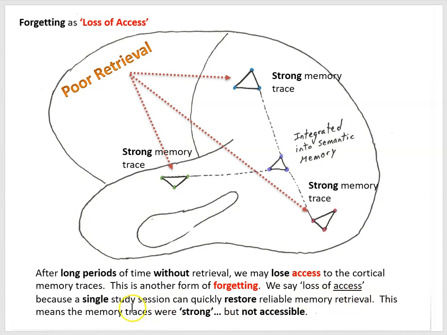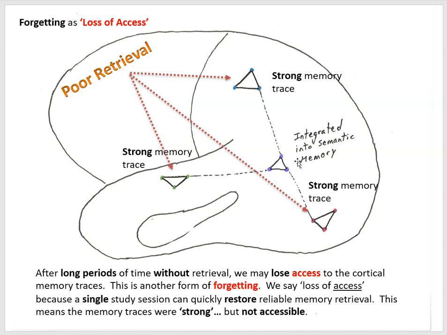And this means the memory traces were strong, but just not accessible. They were there, but we lost access to them. Now, what would be an example of this? Imagine you used to live at a certain residence with a certain address, and then you move. Well, when you were at the old address, you were there for a while, and you easily remembered your address,